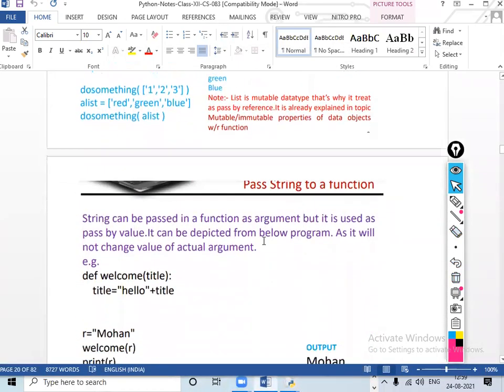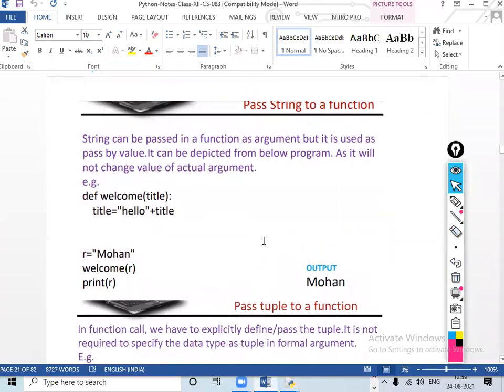Now next, pass a string. A string can be passed as a function argument, but it is pass by value. There are two types: pass by value and pass by reference. For reference we have to pass the address, but here it is pass by value, which can be deprecated from the below program. Deprecated means an older version we have used, as it will not change the value at the actual argument.